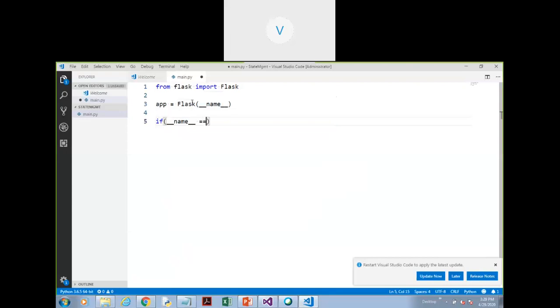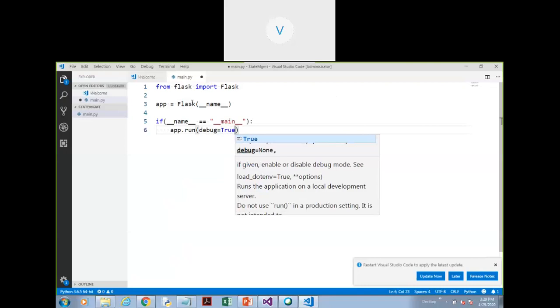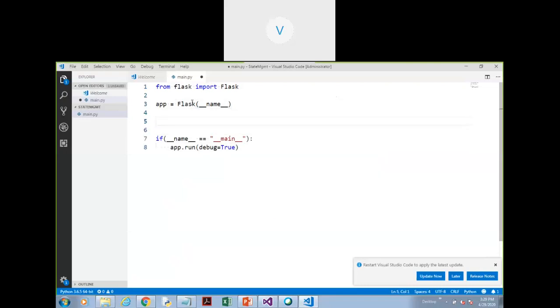We will have the main method here, and then we have to write app dot run, debug is equal to true. Now first thing what I will do is I will create one form where the user will specify the username and first name and last name, and this information I want to send to the client using the hidden field. So first of all I'll set this route.